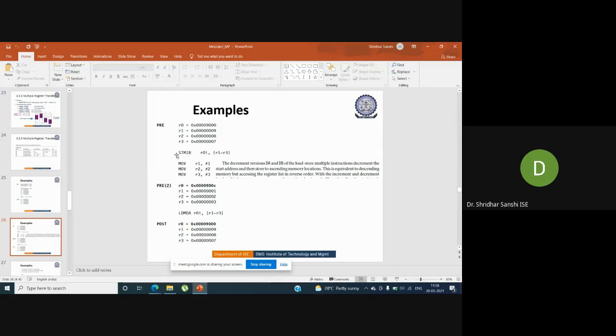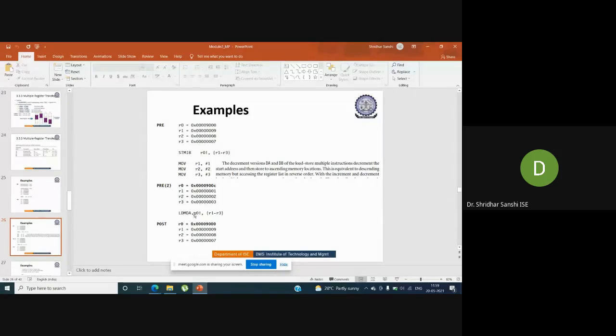This is how we need to use the store multiple instruction, and the condition is increment before. So before using this base address, we are incrementing the base value, and then we are storing the contents of registers R1, R2 and R3 into this memory, and then we are loading back.